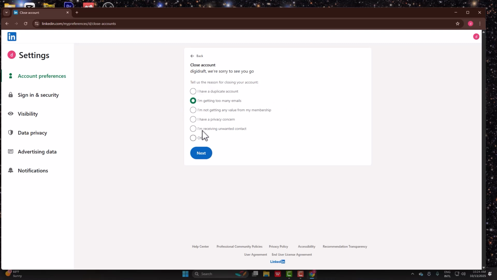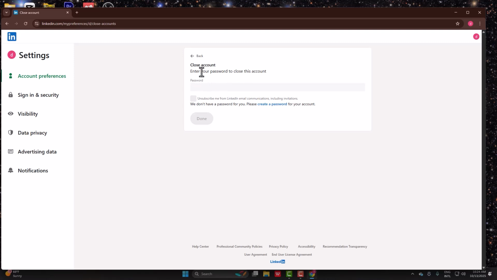This page will ask you to tell us the reason for closing your account. You can simply go ahead and choose any of these. So for example, I have privacy concern. Simply go ahead and enter your password right over here and just click on done, and your account will be